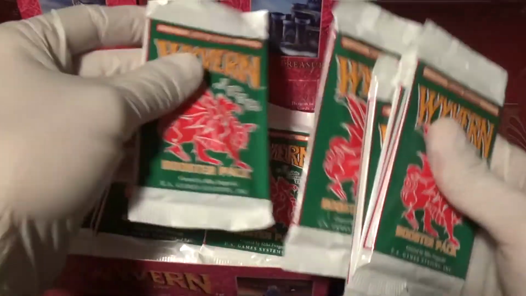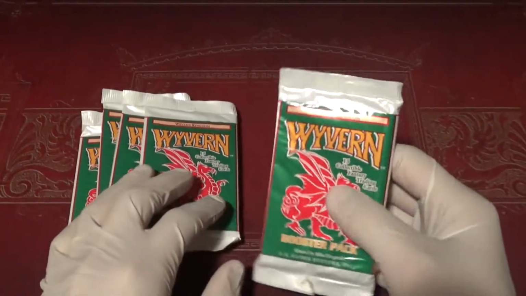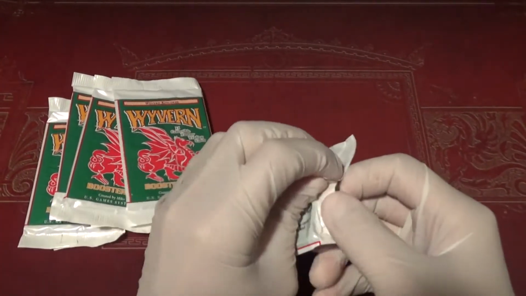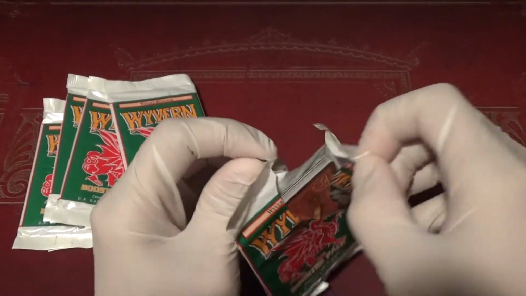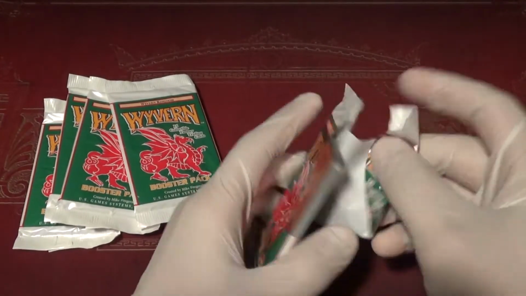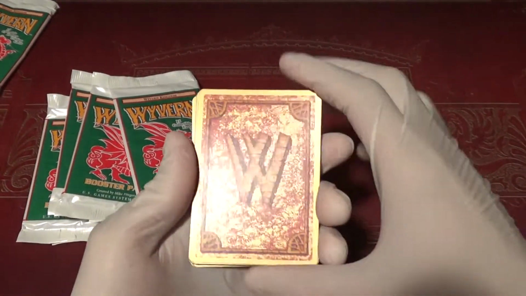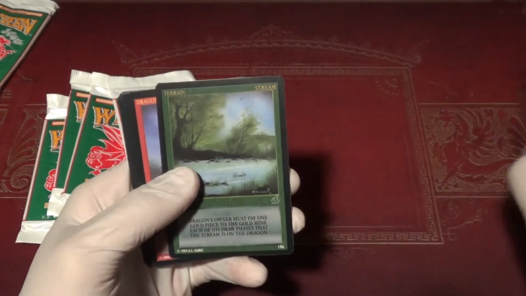Now the Kingdom expansion, I say expansion, it was really more of a core set, but it reprinted all of the cards in the Premier set of Wyvern. And it made some rule changes, some corrections. It was basically the unlimited version, like Star Wars had their revised, so it was kind of like Premier revised. We start with Vitra, Stream,